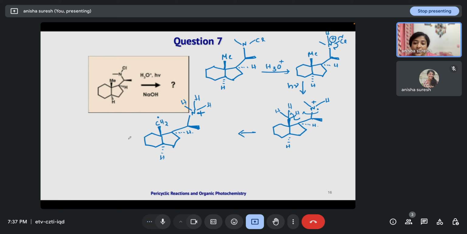This CH2 can recombine with the Cl radical, leading to formation of CH2Cl, NH3 plus,